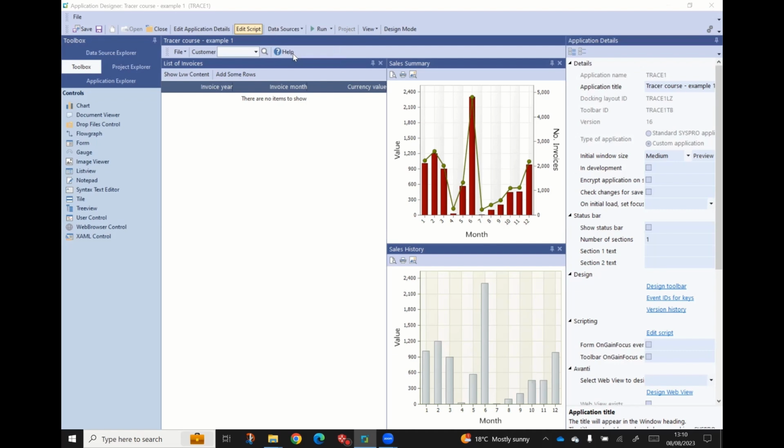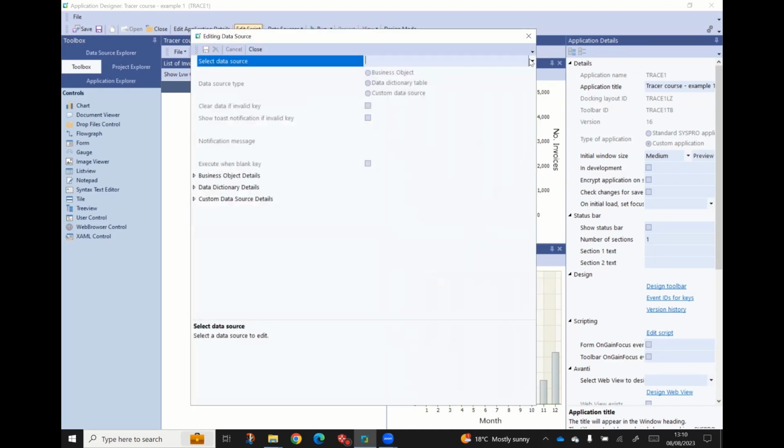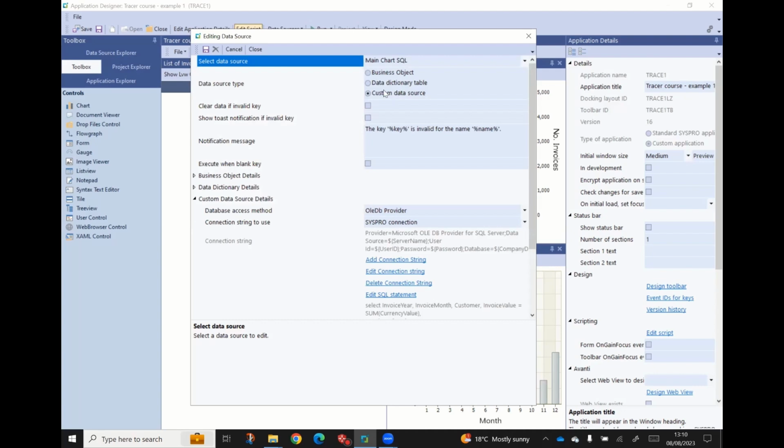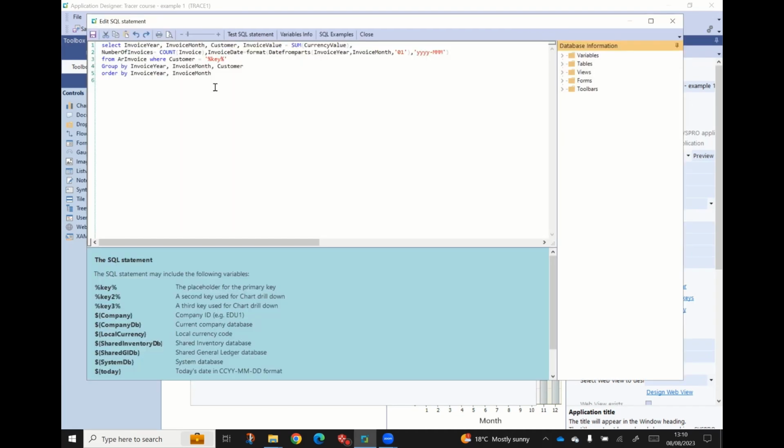So of the data sources, just edit the SQL statement. Okay, not to worry about what the actual select statement is about, but what I wanted to show you is that the variables here, percent key percent in this point, are in the App Designer data source, and as App Designer runs, it will substitute, in this case, the key customer number in here,